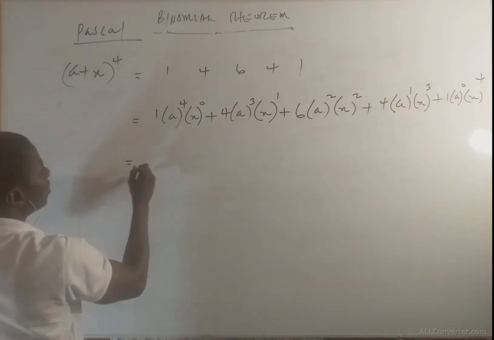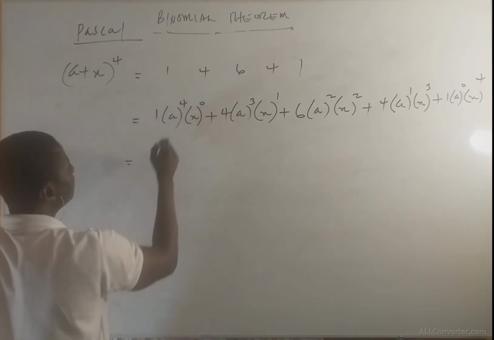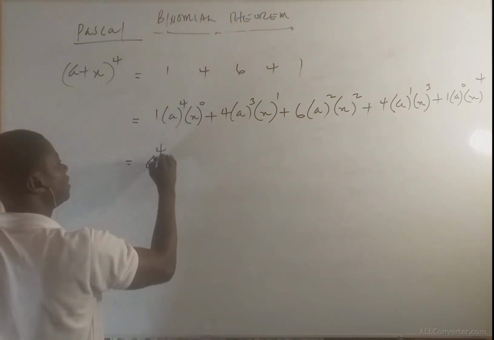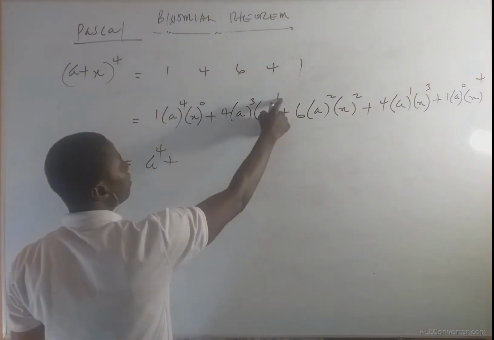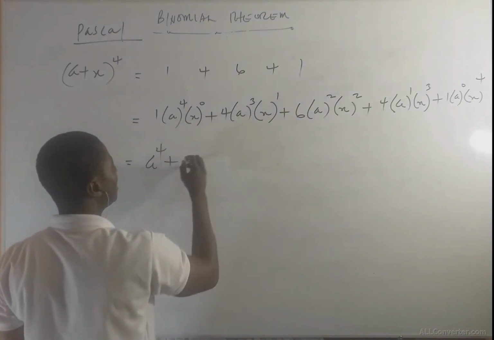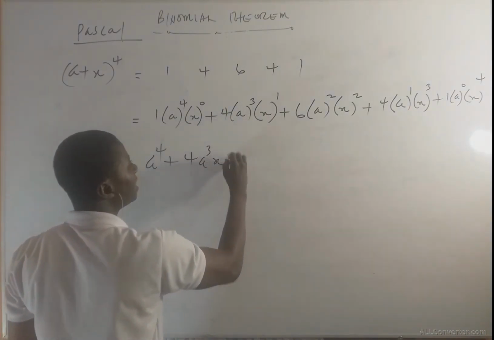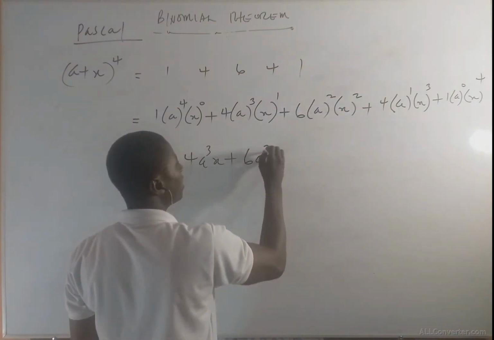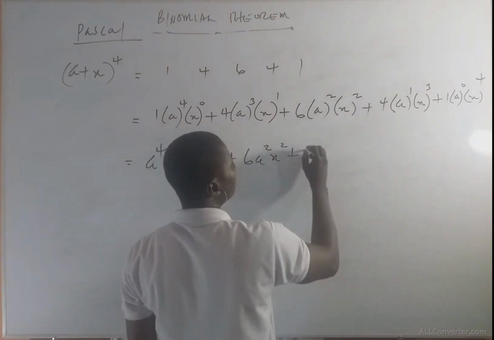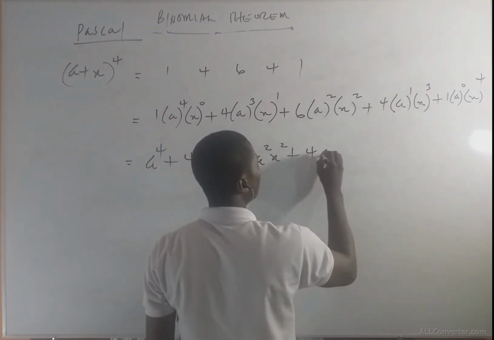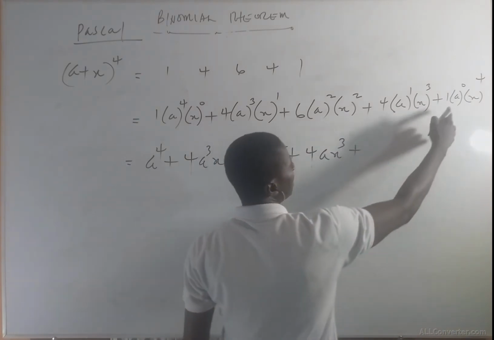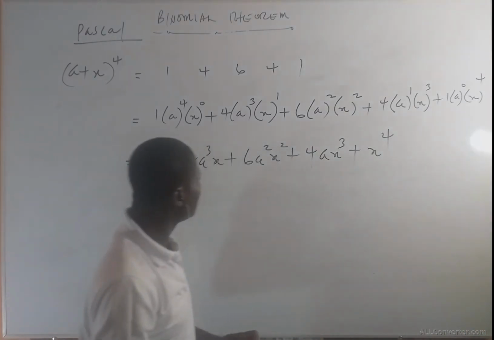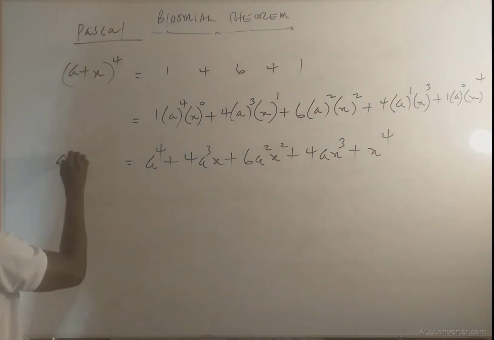So here, we have 1 times a exponent 4. Take note that x raised to the power 0 is 1. So 1 times all this will still give a exponent 4 plus. Then x raised to the power 1 is x. So 4 times a cubed times x will give us 4a cubed x. Then 6 times a squared times x squared will give us 6a squared x squared. Then 4a x cubed, plus a raised to the power 0 is 1. 1 times 1 is 1. 1 times x raised to the power 4 is x raised to the power 4. So this is the expansion for a plus x